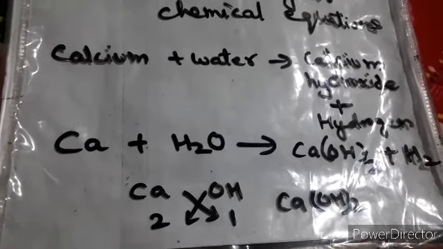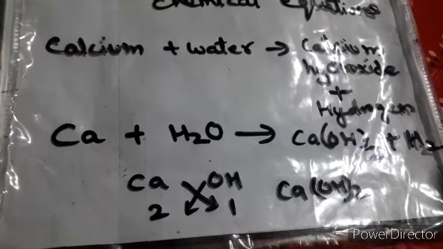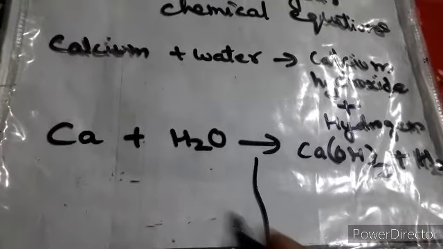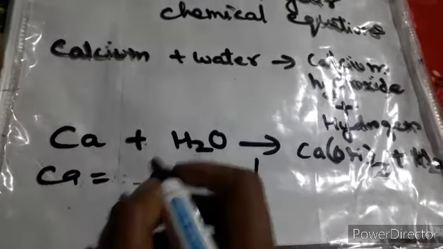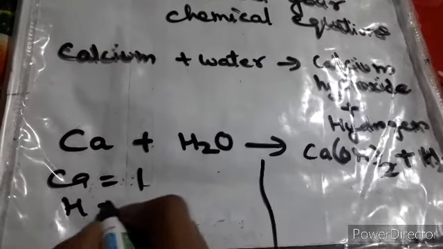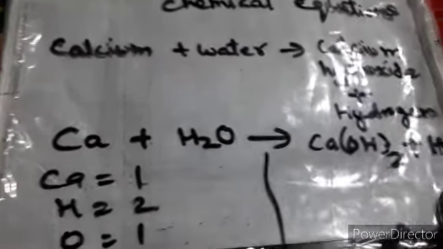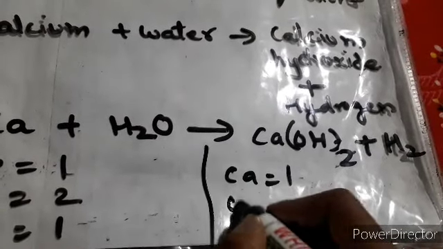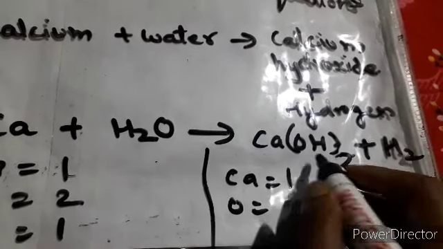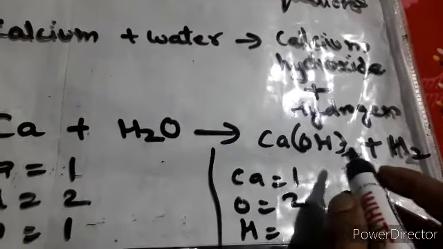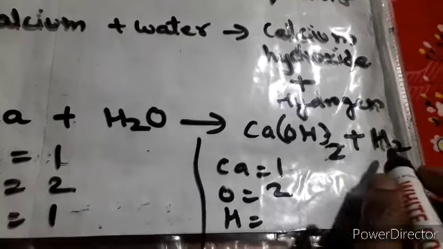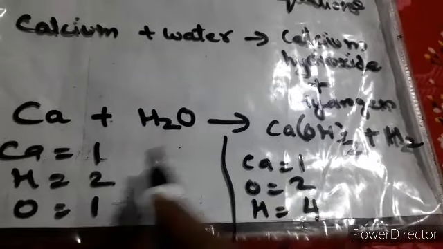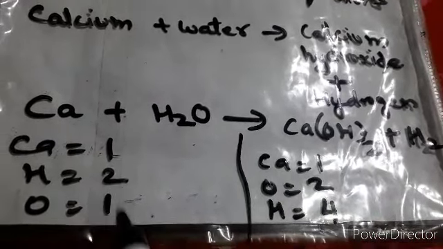So this way, first of all, we have written our chemical equation. Now the second step was that we have to balance the chemical equation. The same pattern we will apply. Let's focus on it. Calcium is how much? Towards the reactant part we are seeing 1. H is how much? 2. Oxygen is what? 1. Same over here, just focus on it. Calcium is 1. Oxygen is 1. Hydrogen is more: 2 over here and 2 here, 2 plus 2 is 4. So how many hydrogen are there? 2. Now just see both the sides. Calcium, 1 and 1, is balanced, but hydrogen and oxygen are not balanced.